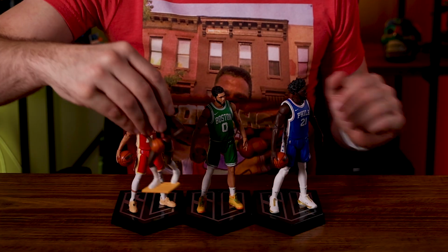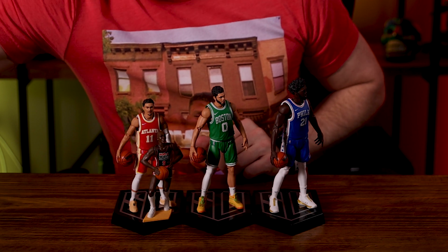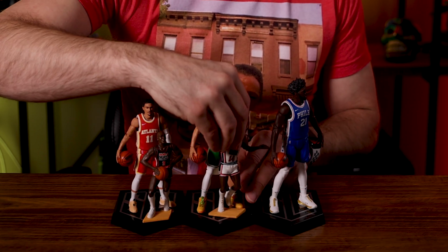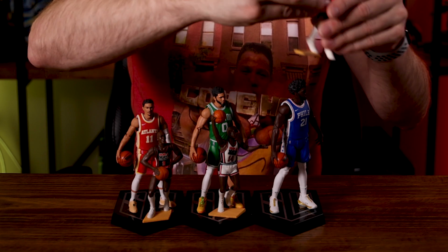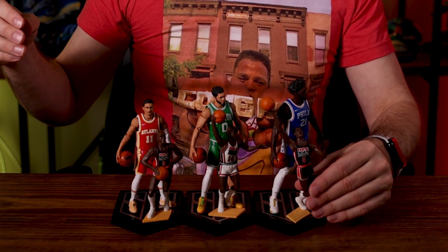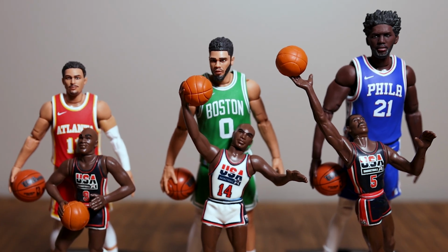I think the detail is really great, especially if you compare them to the old school ones. I'll put Jordan's USA team here, and then I've got Barkley for comparison to Tatum, and David Robinson for comparison to Embiid. And you can definitely see there's a very big difference, not only in the size, but